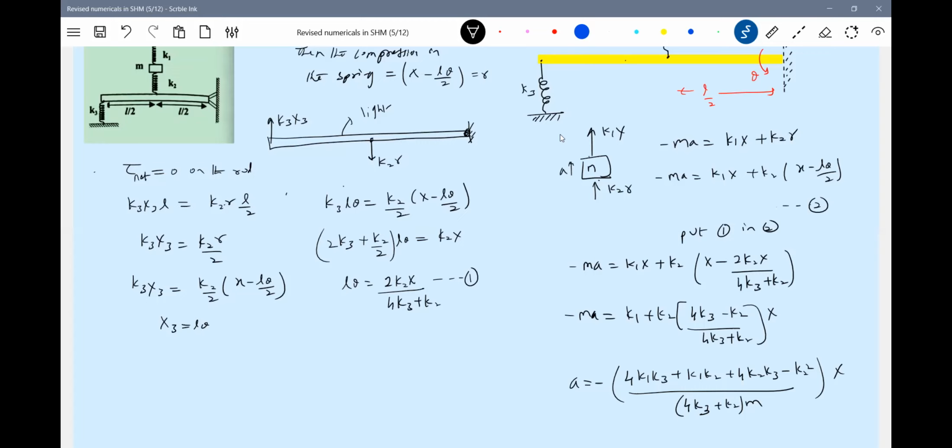Sir, K2, in the third equation, it should be x minus K2 XL. 2K2X, no? Sir, L theta by 2, no, sir. L theta by 2. Okay, only K2X will come. Only K2X will be there. K2 square will get cancelled. K2 square will not be there. Okay, yeah. Thanks for the correction. So now the time period is given by